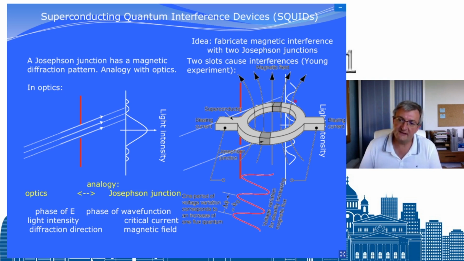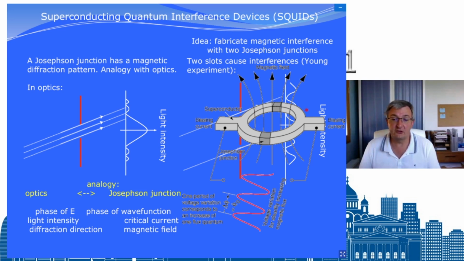So this fluxoid here is quantized, and if you do the equations, if you go to the formalism, like in optics, you have the exact same calculation. Just you replace the electric field by the wave function, and the phase of the electric field by the phase of the wave function. The good thing is this change of magnetic field here, which changes the phase, is exactly the same as here, the change of angle. If you change the angle, you change the phase between this point and this point. Here, if you change the magnetic field, you change